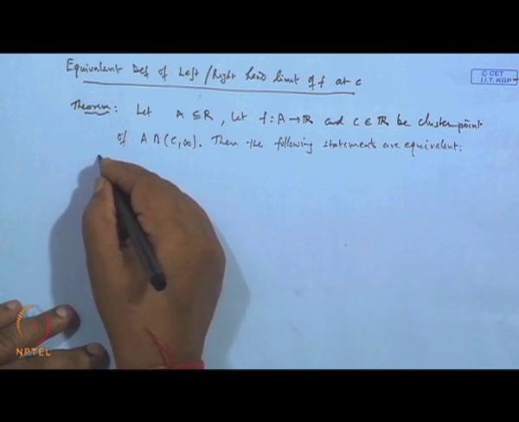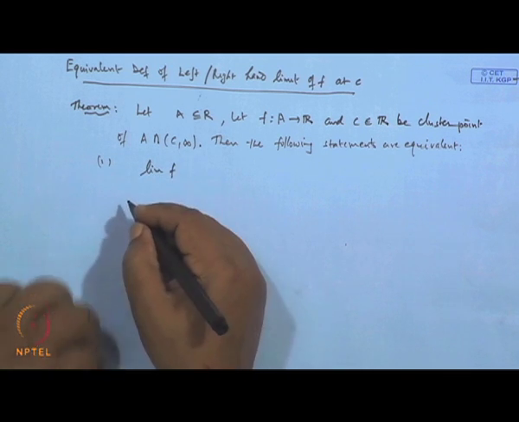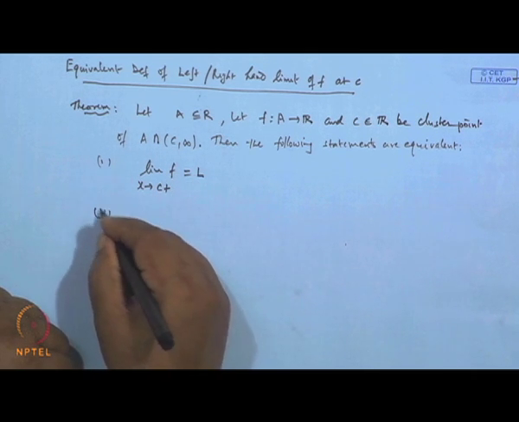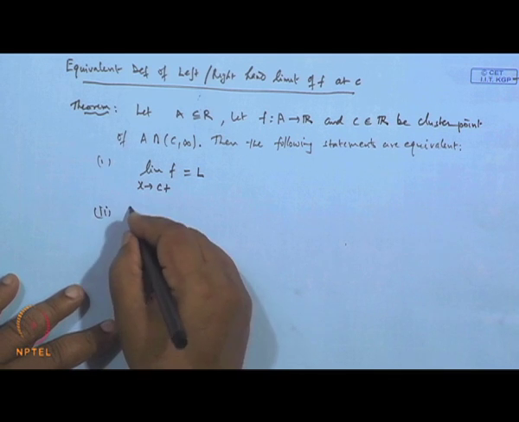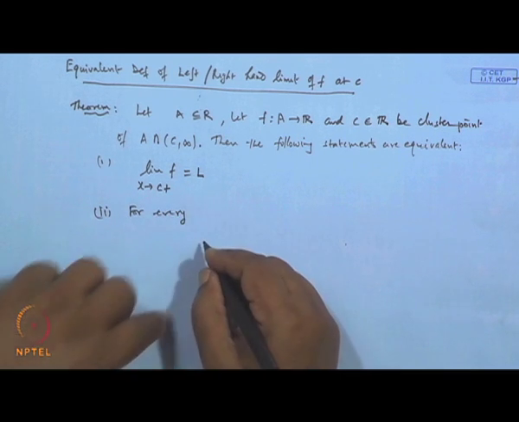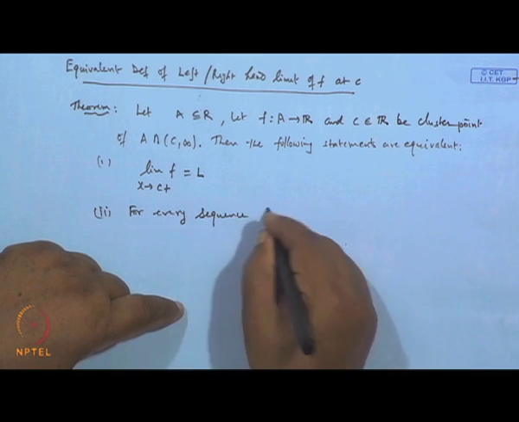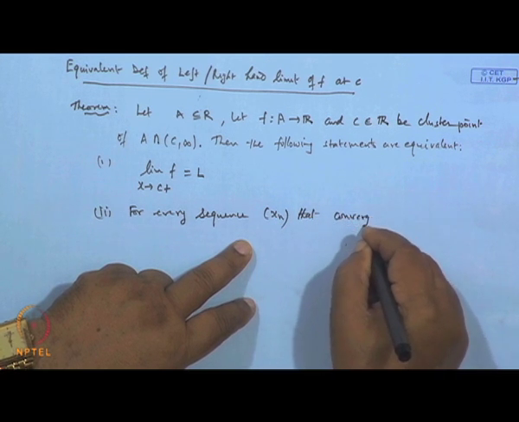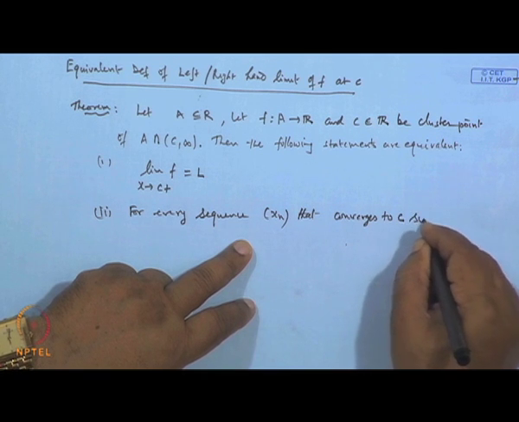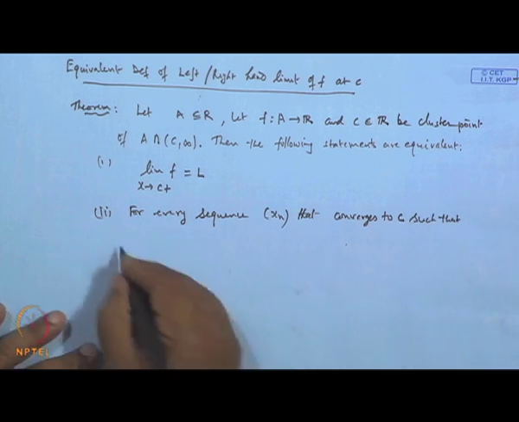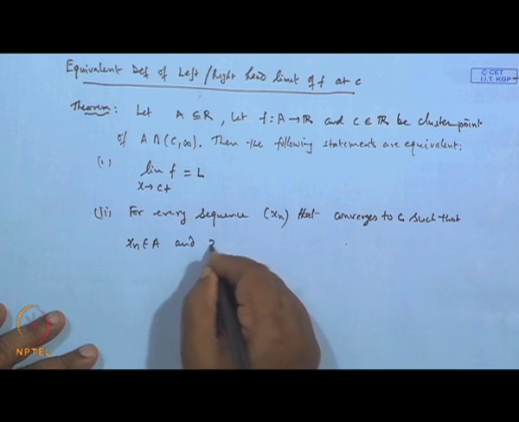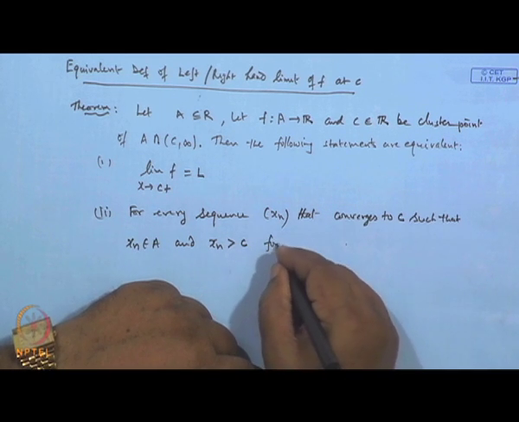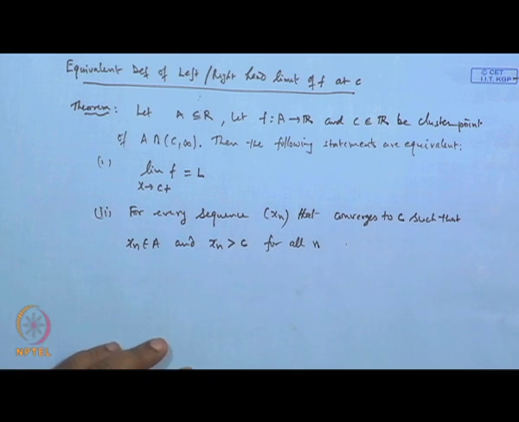The first statement says the limit of the function f when x tends to c plus, that is the right hand limit of f, is suppose L. Then it is equivalent to the second statement: for every sequence x n that converges to c such that x n is in A and always x n is greater than c, strict, meaning always towards the right hand side of c, for all n belonging to capital N, then